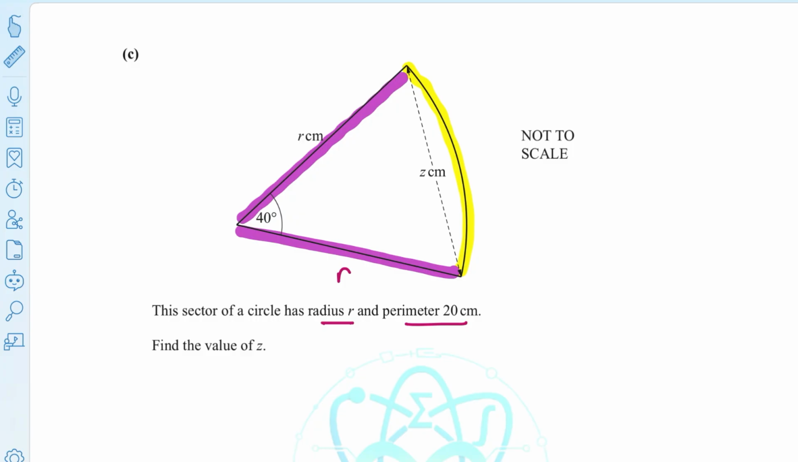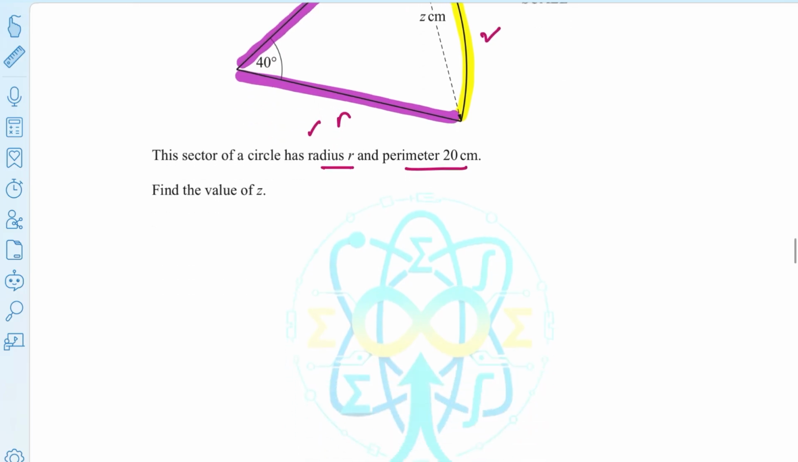Okay, so when you add all this, this is r plus the arc length, that equals the perimeter, 20 centimeter. Is it okay? Now let me write this down. As per the question, the perimeter equals 20 centimeter. So what does it mean? It means the radius plus the